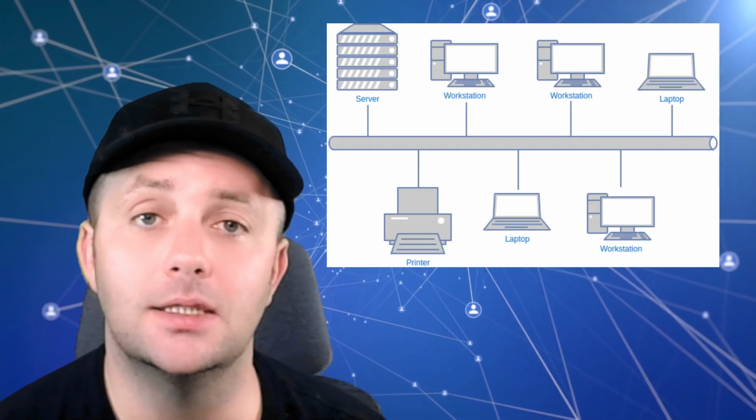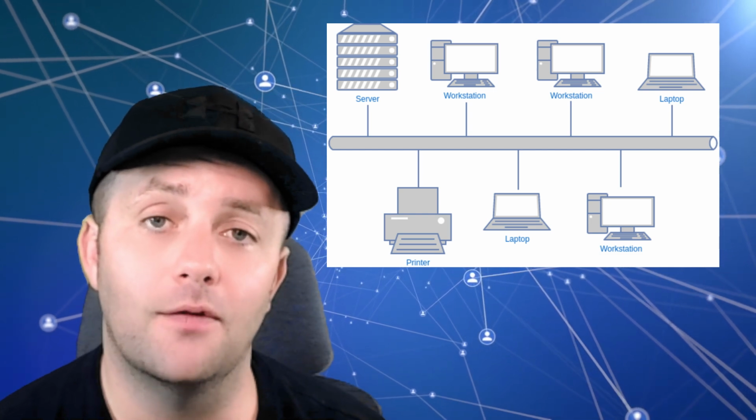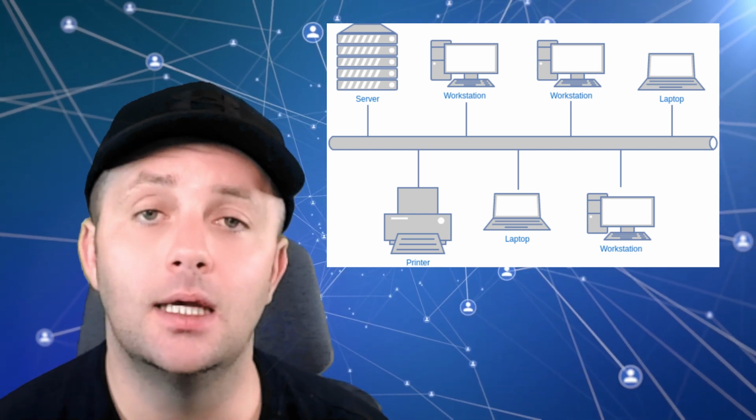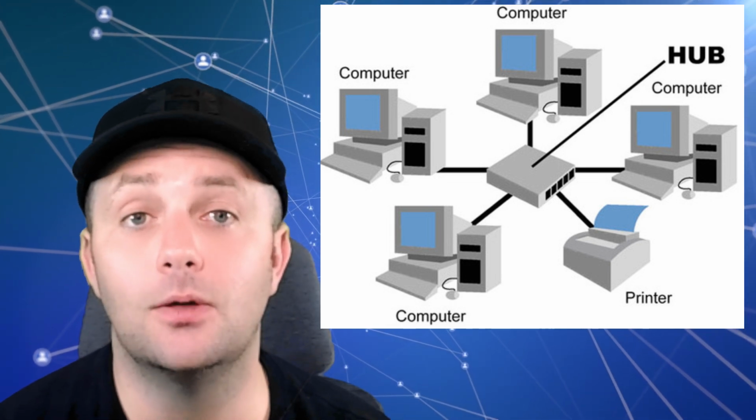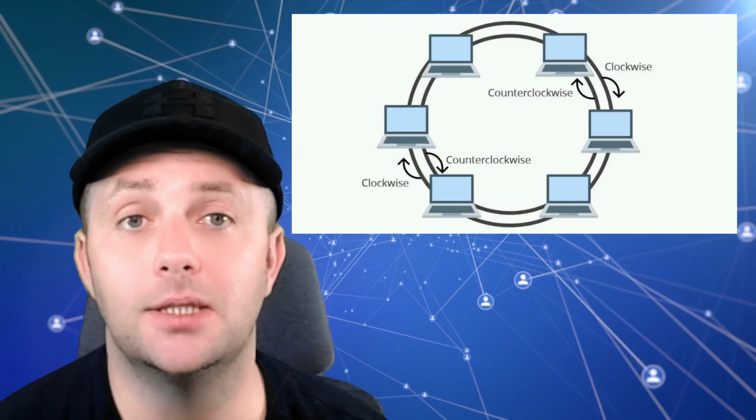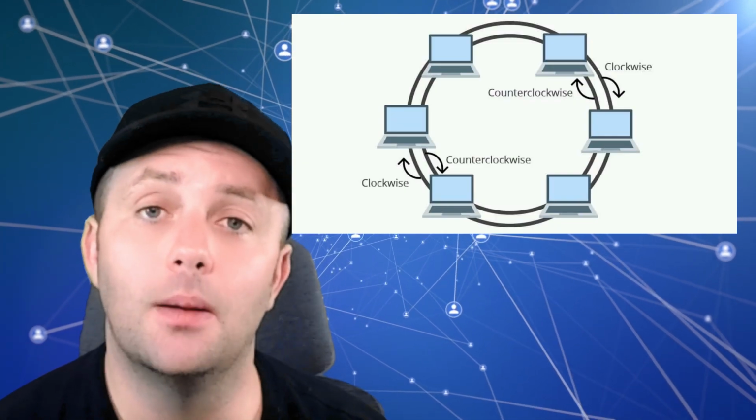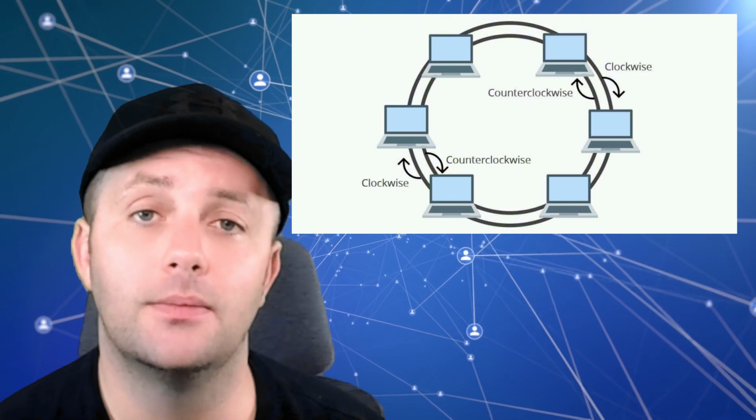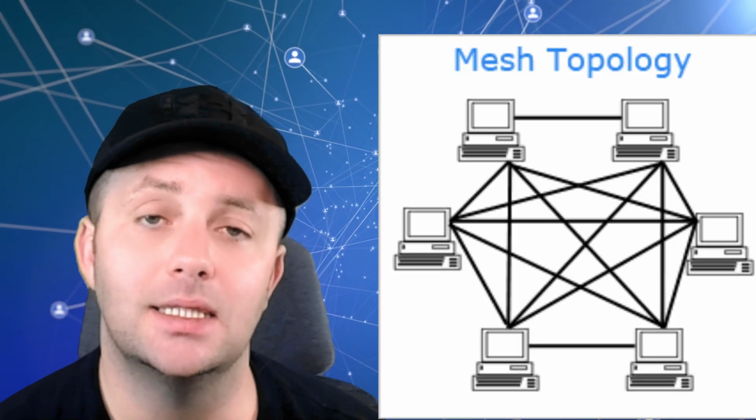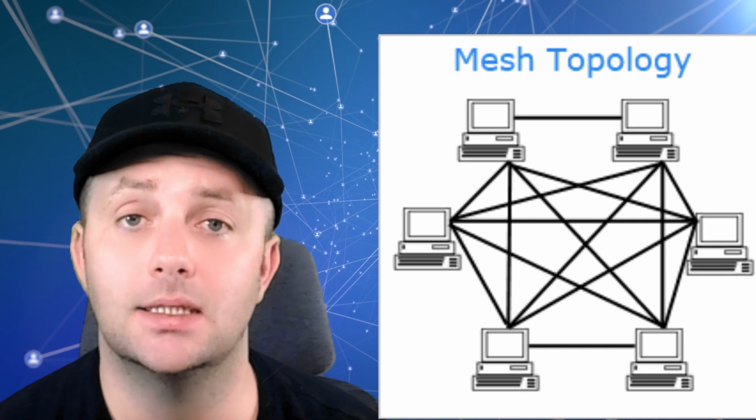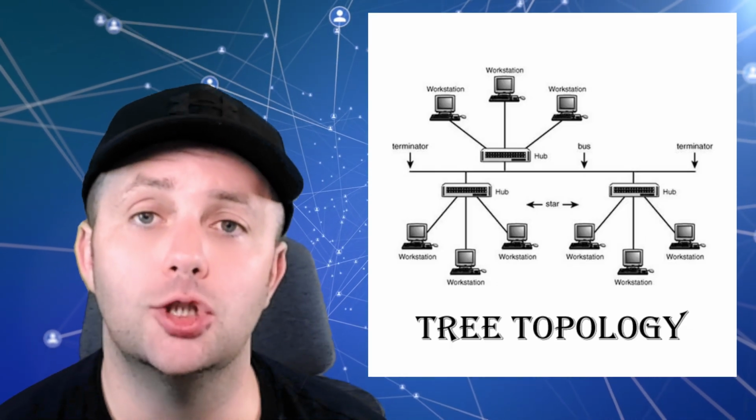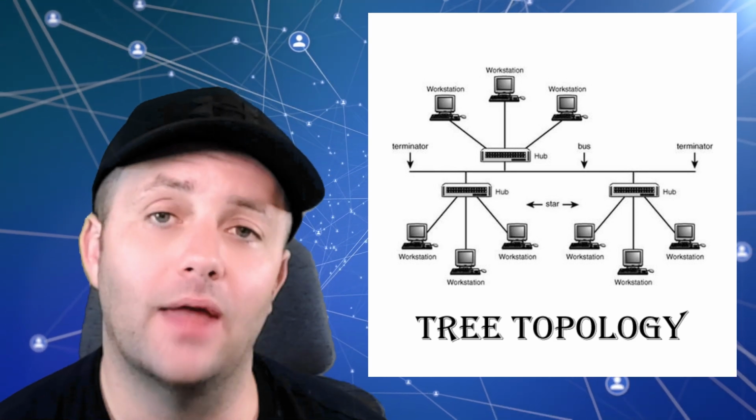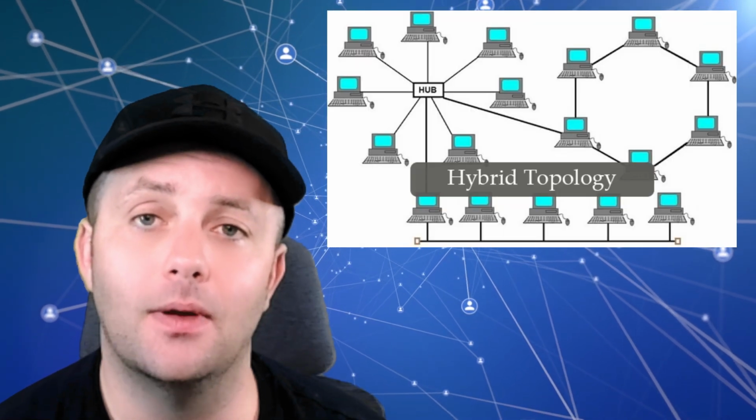Let's quickly recap. A bus topology is simple and cost effective, but can be prone to network failure if that main cable is damaged. The star topology is easy to troubleshoot, but the central hub can be a single point of failure. The ring topology provides predictable data transfer, but it's vulnerable to a single failure. The mesh topology offers excellent fault tolerance, but at a very high cost. The tree topology organizes devices in a hierarchical structure, making it scalable, while the hybrid topology combines different topologies for